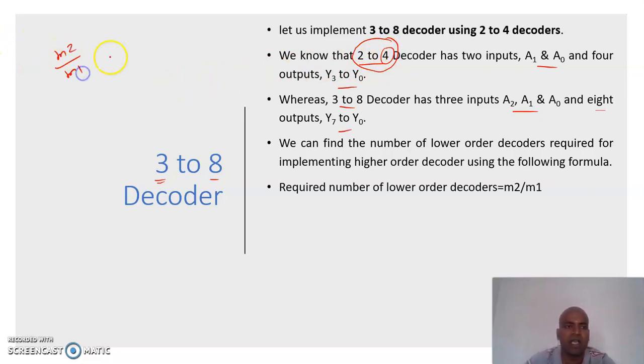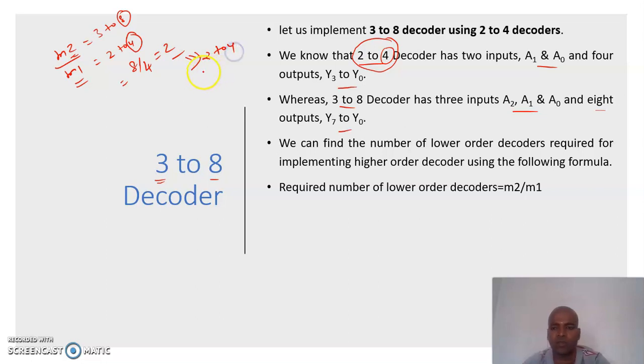Here M1 is the number of outputs of the lowest order device. It is a 2 to 4 decoder, and this is a 3 to 8 decoder. So M1 is the lowest order output, and M2 is the highest order output. So it is nothing but 8 by 4, which is equal to 2. So we are in need of a 2